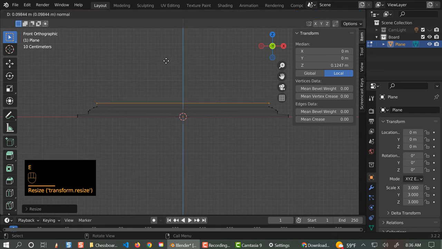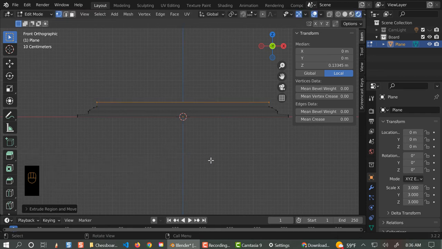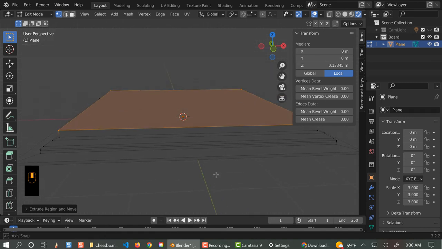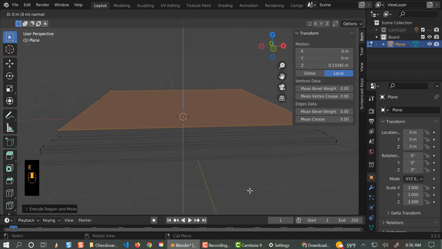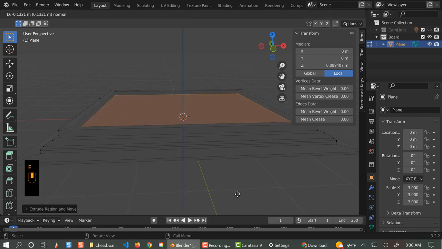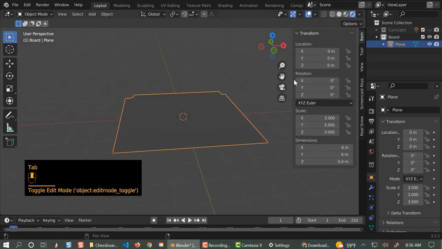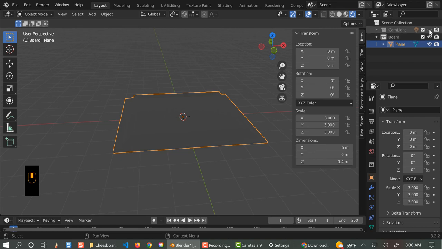And now I'm going to just extrude up. So that's kind of a basic shape for my chessboard. And now that I've got this part, I'm going to extrude and scale that guy in. And now I'm going to extrude again on the Z, bring it down, and that is going to be the base. So if I tab back into object mode and want to take a look at this,